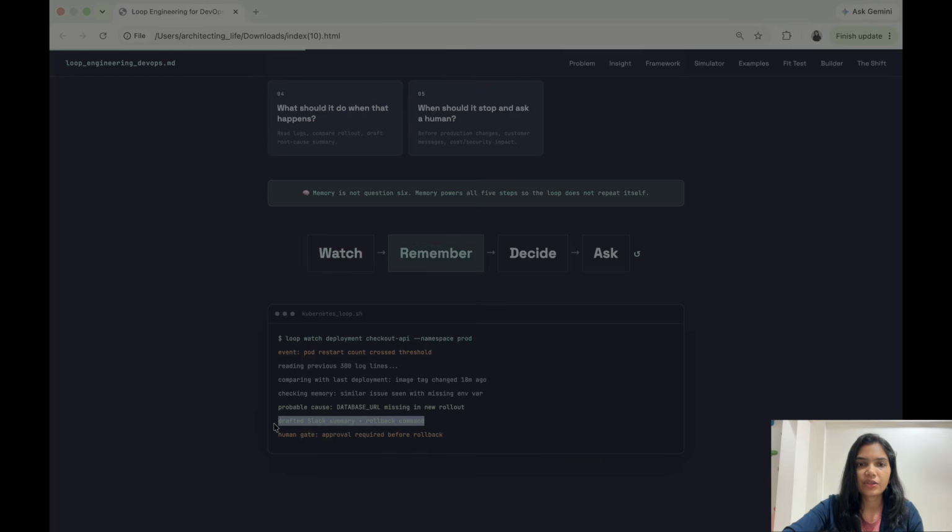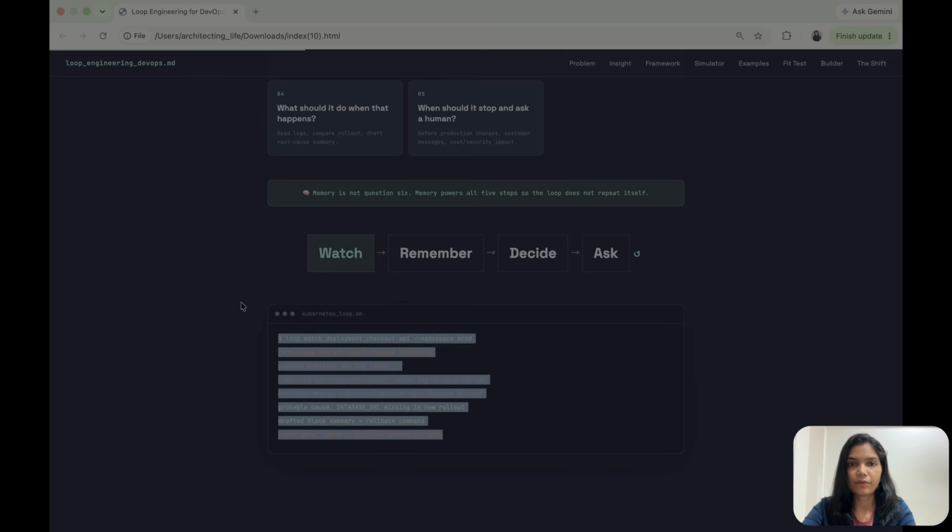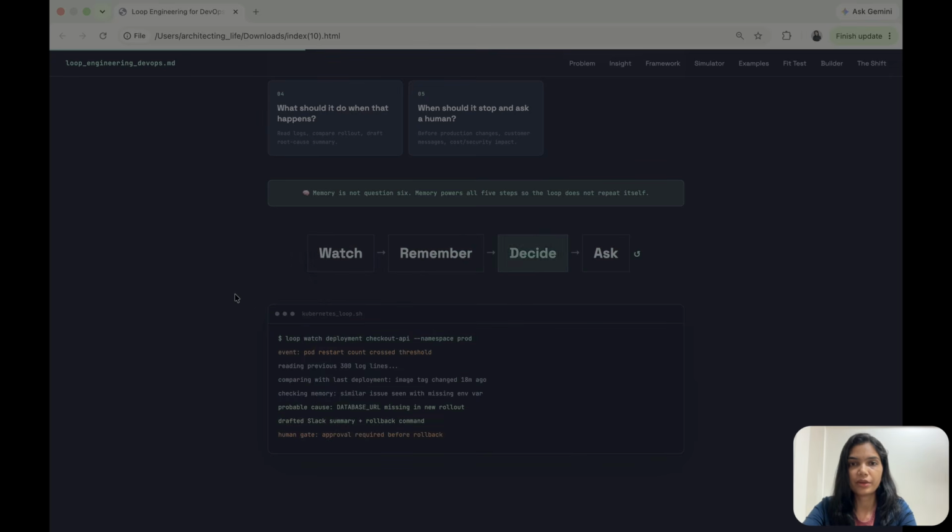And the last stage involves a human, where approval is required before the rollout, before performing any action in the summary. With these stages in mind and the human gate involved in the loop, you are always safe, you are always ahead of everyone, where AI performs all the donkey work for you and you are just there to review and finalize whether that action needs to be taken.